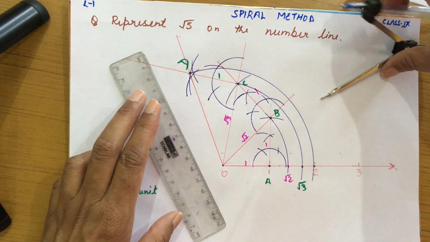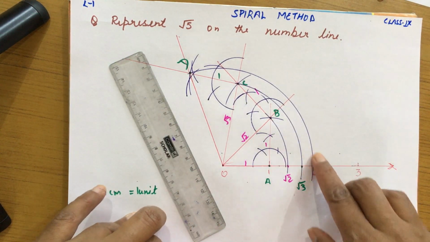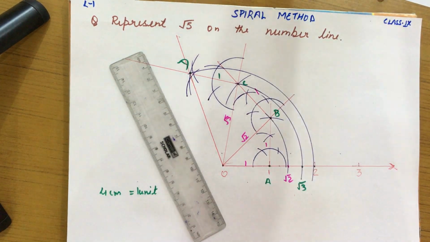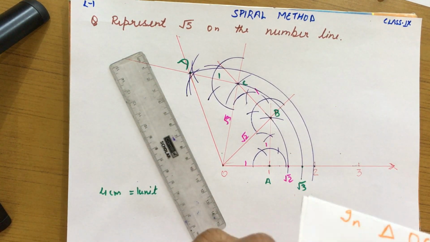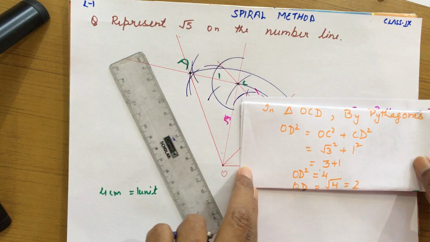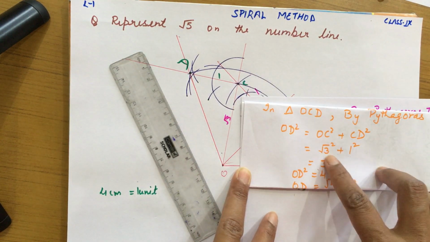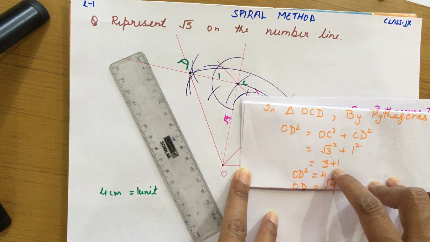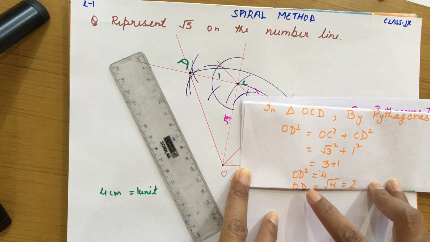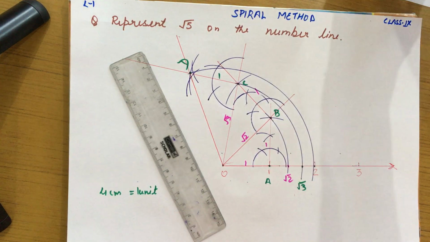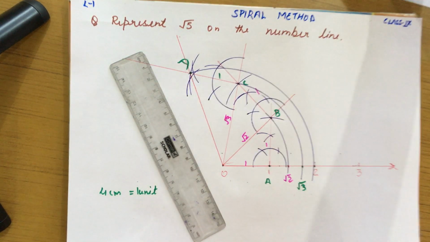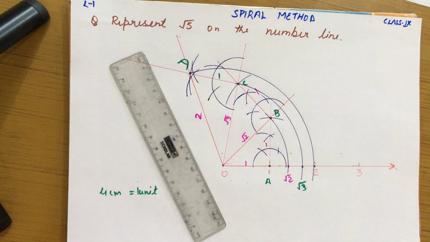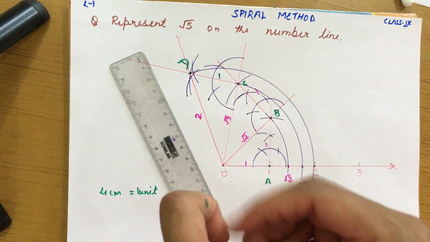Fine. Again draw perpendicular. So this is passing almost nearly through 2, because obviously root 3 का स्क्वायर आप लोगे प्लस 1 का स्क्वायर, जब पाइथागोरस थ्योरम अप्लाई करोगे तो आपका in triangle OCD, OC square is root 3 and CD is 1. So root 3 square plus 1 square, it is 3 plus 1, and it is OD square is 4. So OD is 2. So it means you are getting OD as 2. और जब हमने इसको यहाँ से नंबर लाइन पे लिया, it is almost crossing by 2 point.